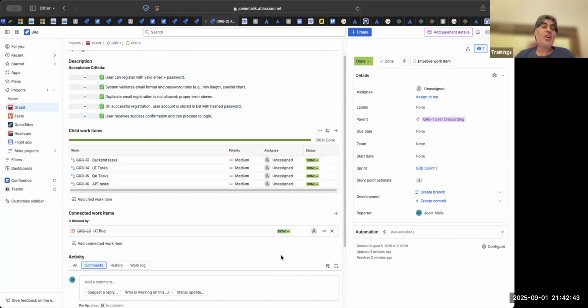Another thing is DOD. You can put this in DOD that you are not allowed to close your task or a story if it is not closed. So your definition of done will be that all the tasks are closed. Only then we can close a story. If somebody closes a story with task being open, that means they have not respected the definition of done.